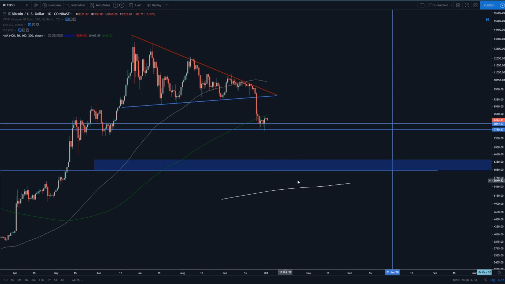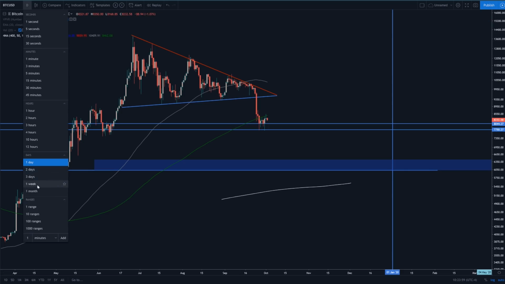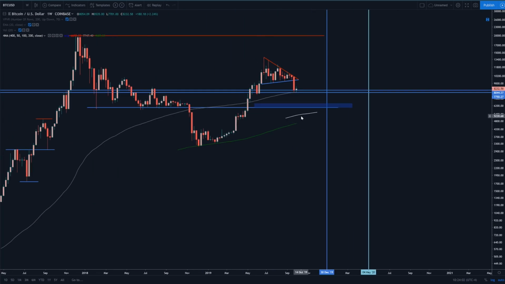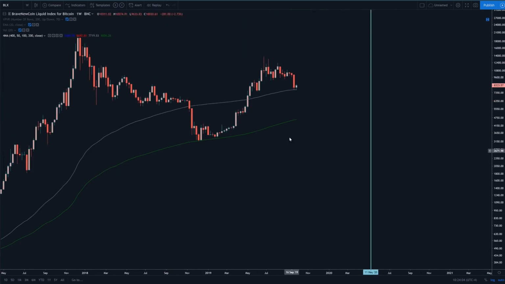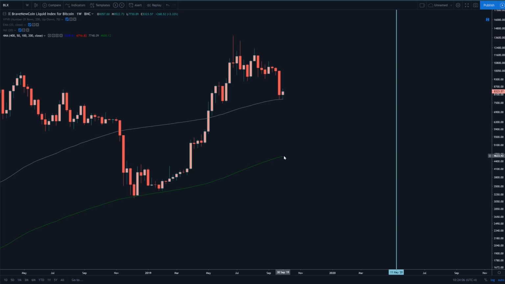Look to be buying Bitcoin around $6,000 to $6,400. This is not financial advice. I'm just showing you a level of support and a zone of support that you might want to use in your technical analysis. And also, of course, down on the 200 weekly simple moving average. This is a very powerful moving average that I personally think Bitcoin is going to bounce on if we go down that low. I don't see in any universe Bitcoin going below this. So if it does come down there, I'm going to be buying a crap ton of Bitcoin.